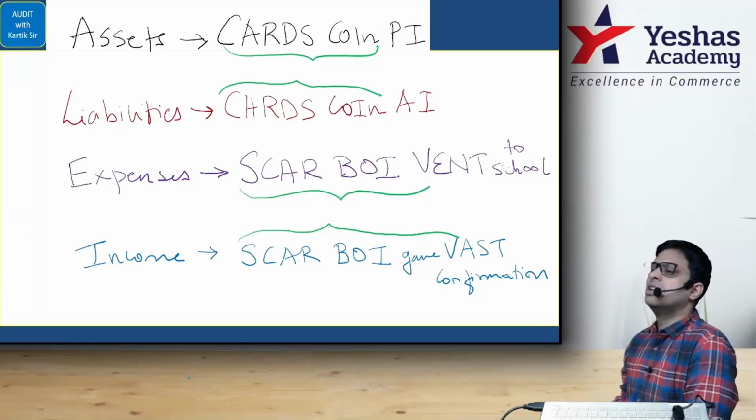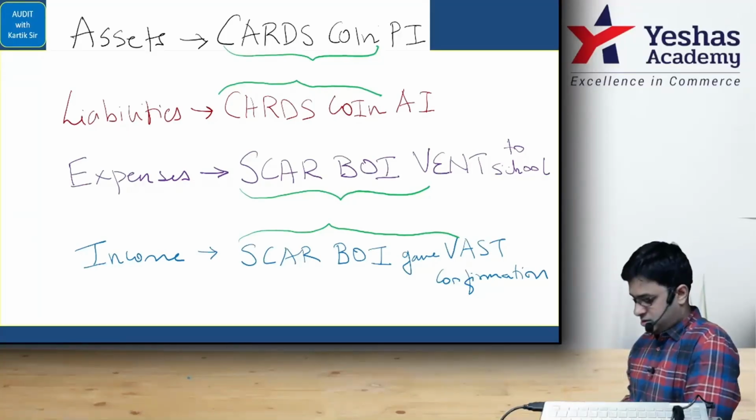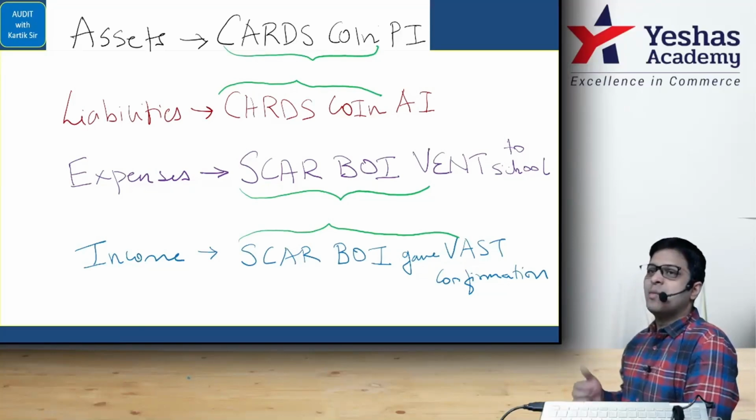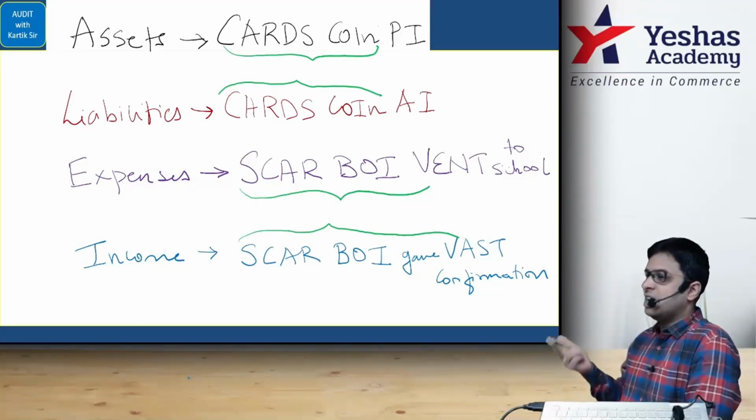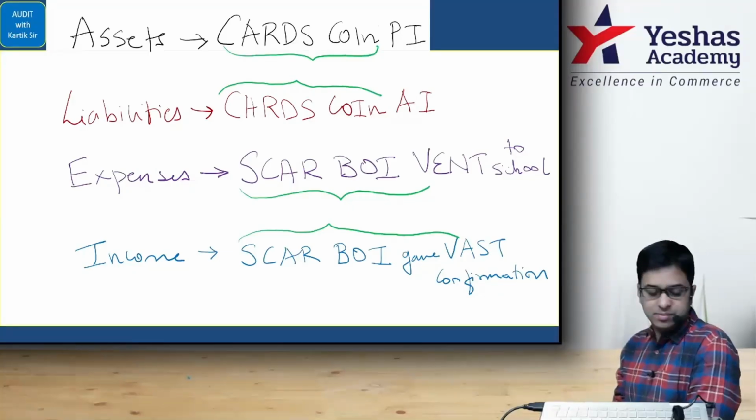Write there, dash, for PIN BAR matters. PIN BAR, remember or not? It was there in today's test. Tell me, PIN BAR: Property, Investment, Inventory, Bank balance, Bank borrowing, Account receivable, Accounts payable. Excellent. Mark C for confirmation.